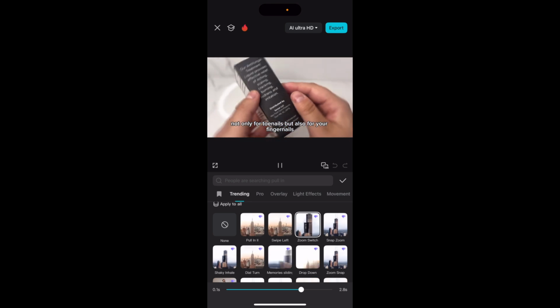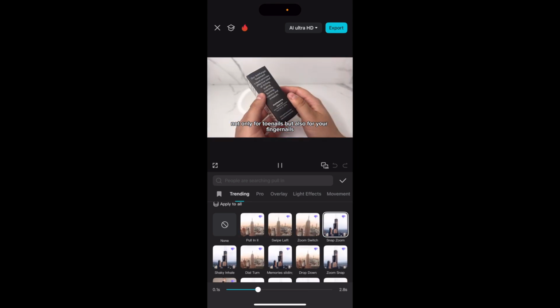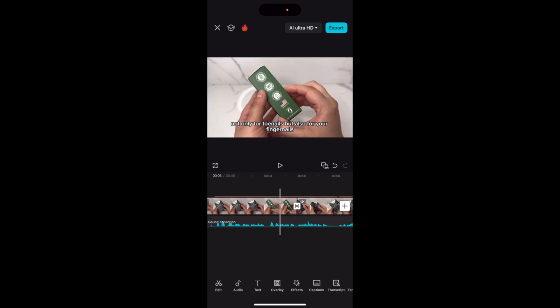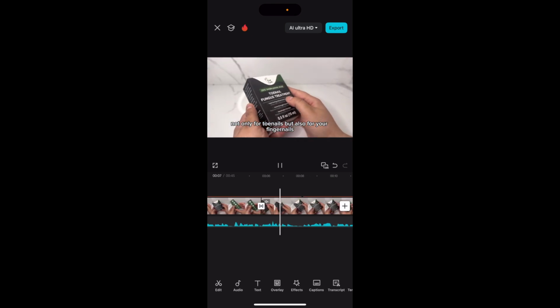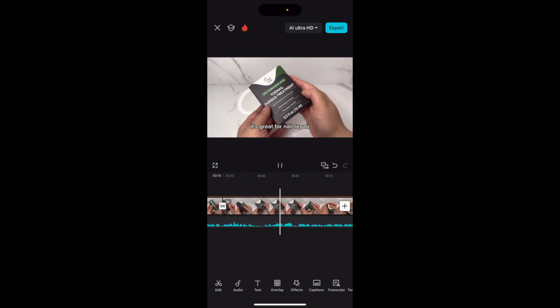We can click through, see which transition we like. Once we like it, we can click a check mark, and now it's going to give us that zigzag. So now the transition is added in, and that is how you add transitions on